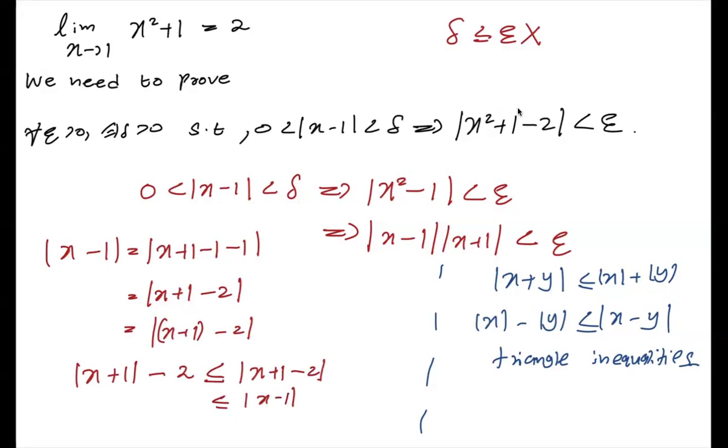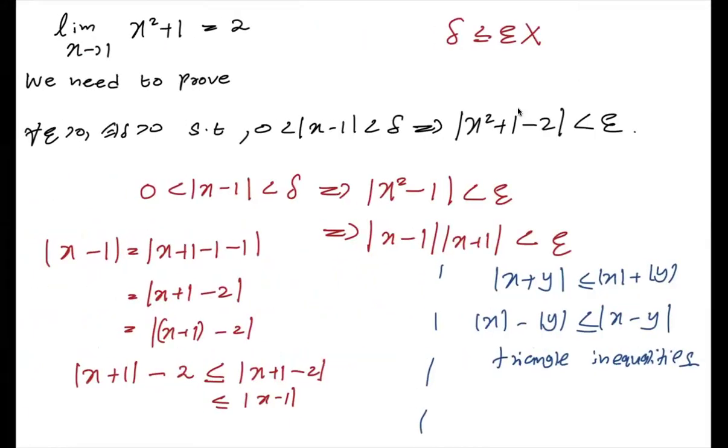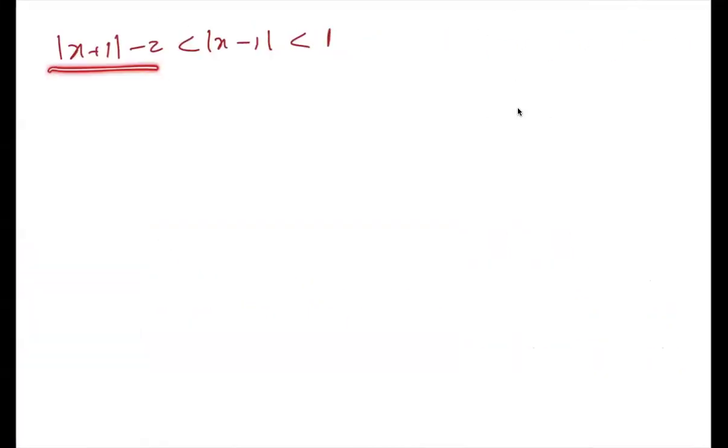Then I can write x plus 1, minus 2, this one, right? The absolute value of x minus 1, and I would put something like 1 here, because that's the smallest integer number that I can imagine. And whenever you write something like this, always remember to put something less than